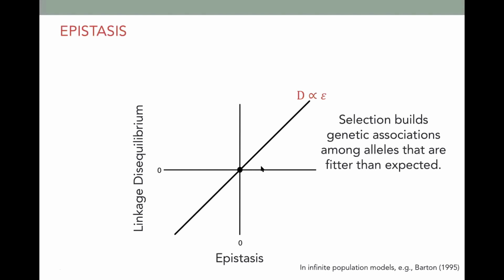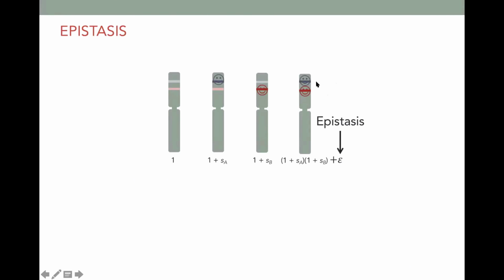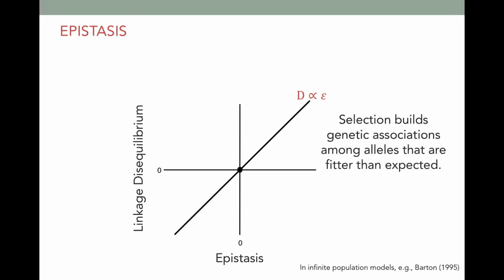So population genetics theory has gone on to show that an alignment will develop between the genetic associations found in a population and the amount and the sign of the epistasis between the loci. So fitness tends to increase if there's a beneficial, a positive epistasis, the fitness of this double beneficial chromosome will be even higher than expected, and it will become overabundant in the population relative to the randomized case, which means that there will be positive disequilibrium. So the disequilibrium lines up with the amount of epistasis in a population.